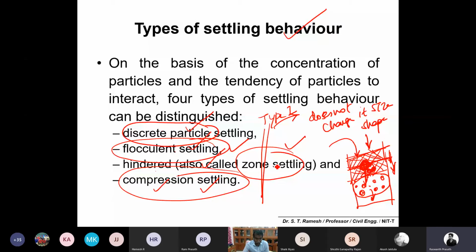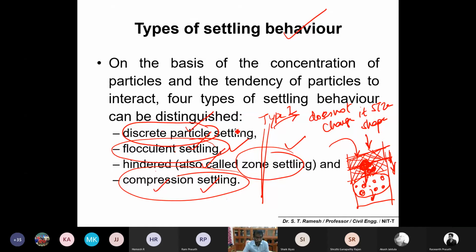Okay, it's a very simple concept we used to recall. You can compare it with individuals in a class of 60. Say, for example, some people have unique characteristics, so you can call it discrete. Whether the class happens or not, or the teacher discusses the lessons or not, people start reading the notes on their own. That is about discrete: very unique characteristics.